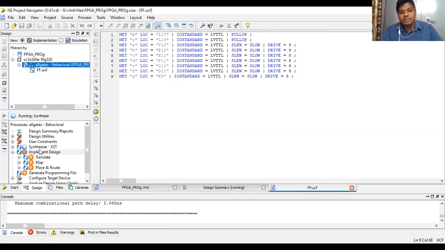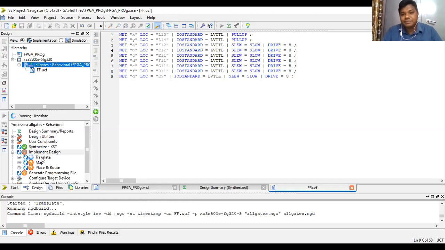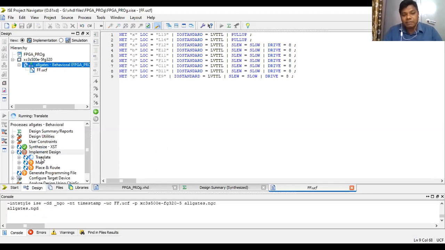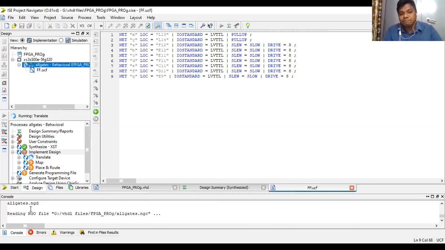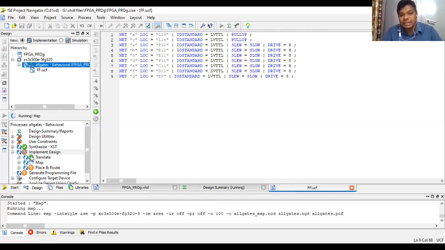Synthesis is being done. And see, the translate part has been done. When the translate part has been done, an .ngd file is created, and .ngc. Whatever process is being done, it is showing here. After the translate, 0 errors, 0 warnings. You can observe here that this indicates the translation part is completed.